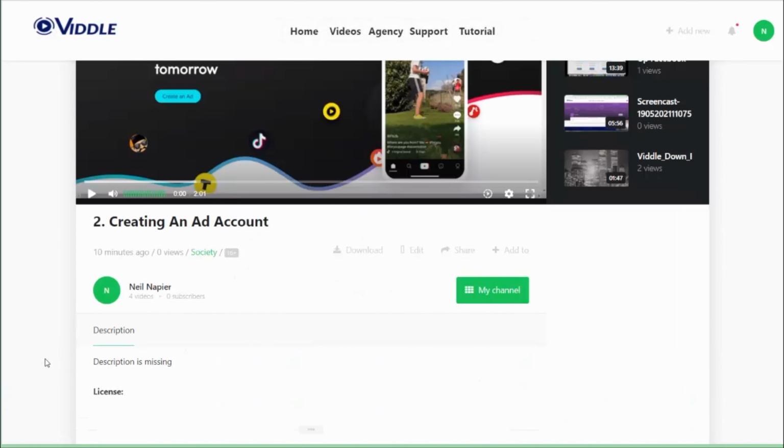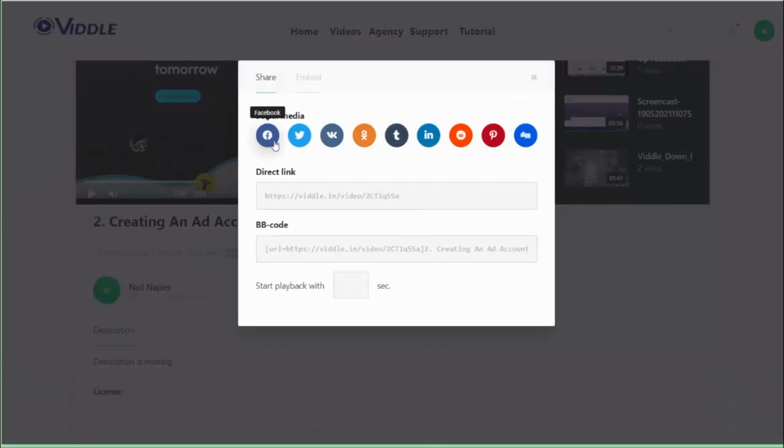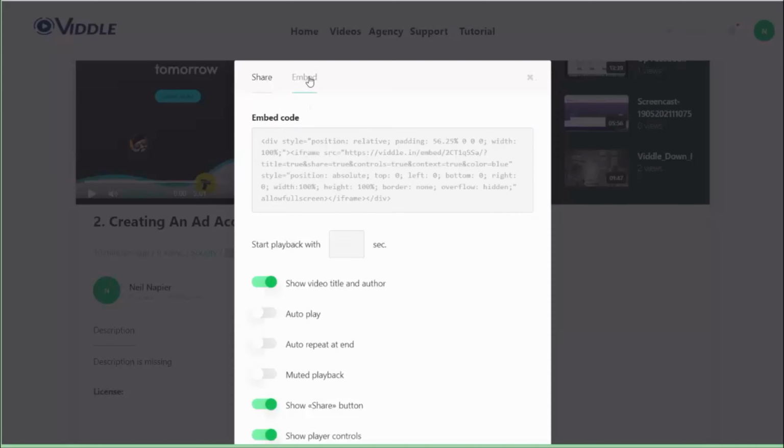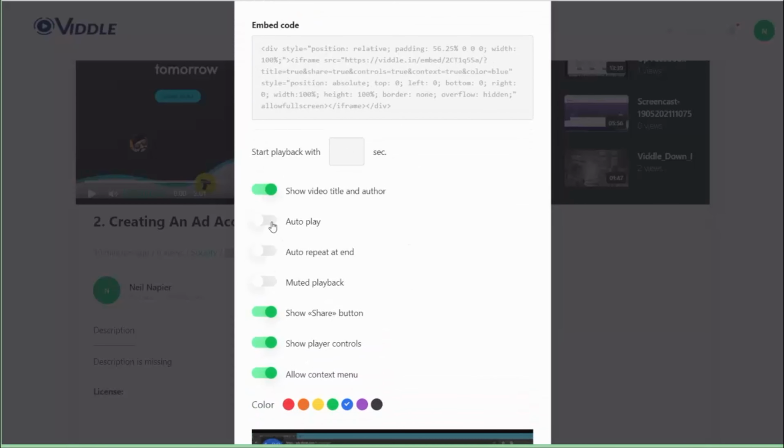Step 3 is where we help market your videos. You can do that in many different ways. You can share the videos instantly on social media, link to them directly, and embed them. If you are embedding, I would strongly advise you to autoplay the video, as in our test, we have found the video to autoplay automatically on both mobile and desktop,